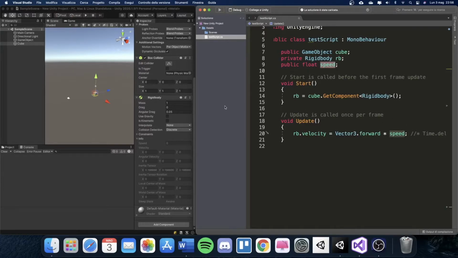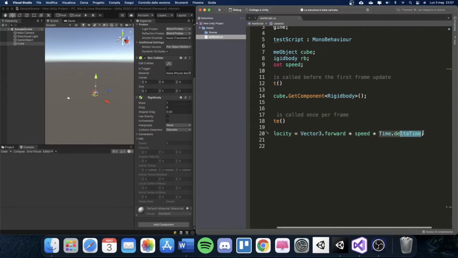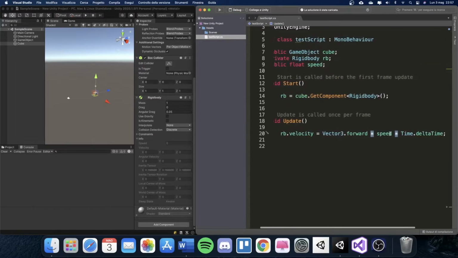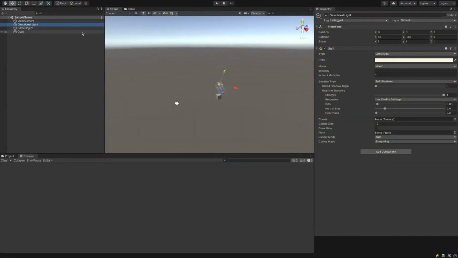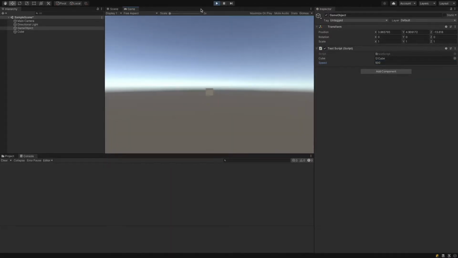Let's suppose that your game is too heavy and you're going at 10 frames per second. Every frame your cube will move, but not smoothly, because the speed will depend on the frames, right? So every time you move something, you should write time.deltaTime. So your cube will depend on the time and not on the frames. So if you go at 10 FPS or 60 FPS, the speed won't change. Let's put Unity at full screen, put the speed at 500 and start the game. Alright, finally it works. You have now learned how to move an object in a certain direction with the velocity,